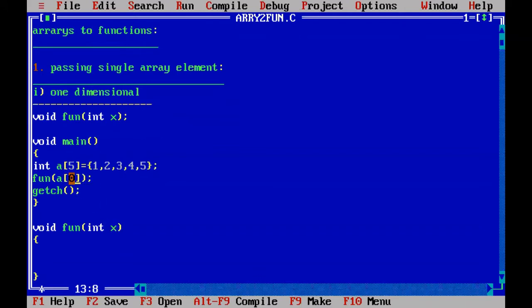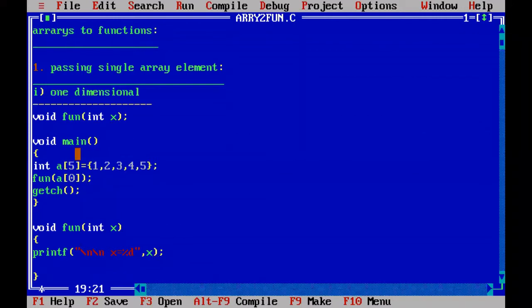Whenever 1 is passed to x, you go inside the user defined function and print that x value, which is passed from the calling function to the called function. Write one printf statement here, with two new lines: x equal to percentile d, comma, replace with x. I think you understood.